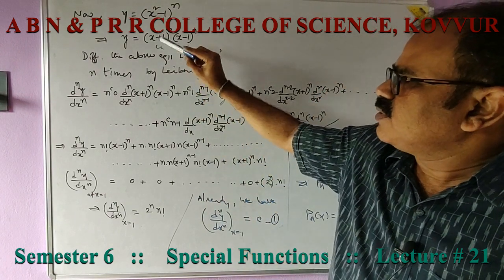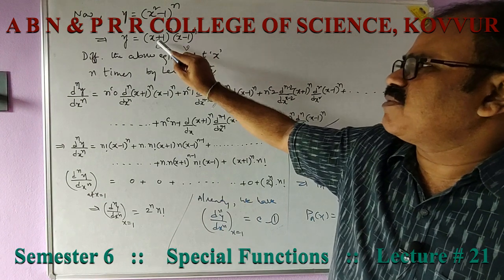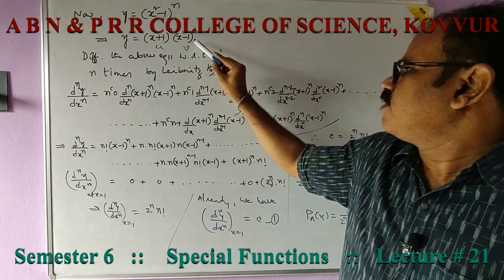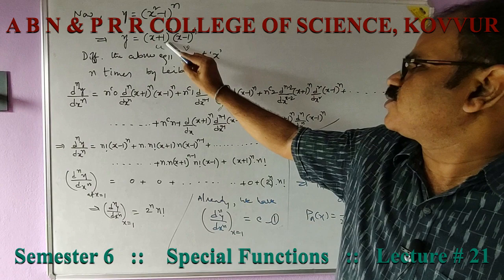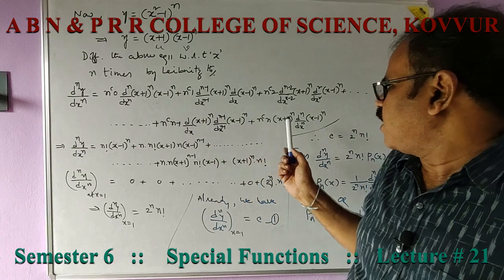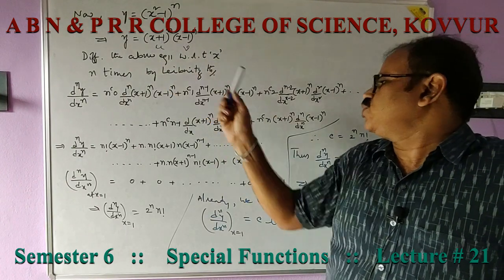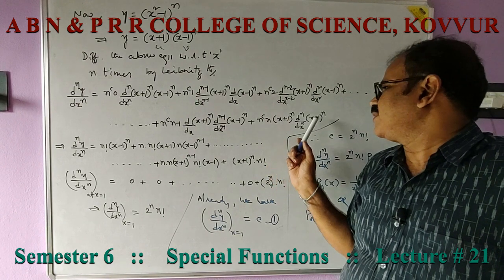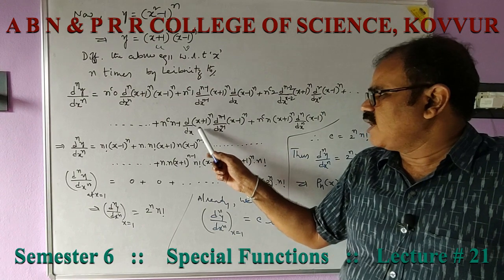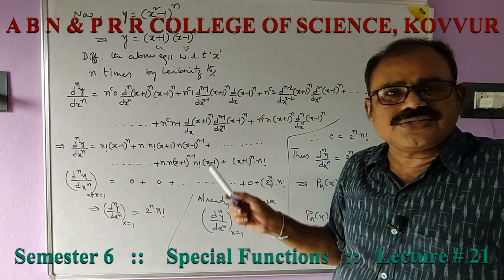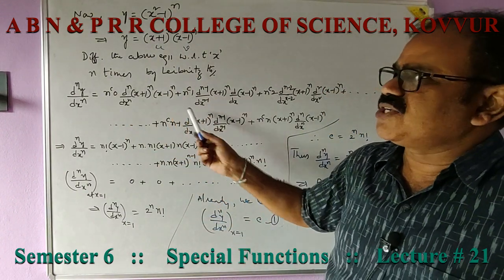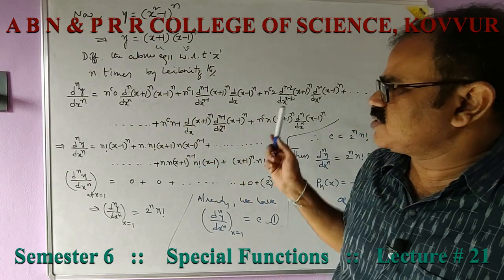In this u and v, we apply the maximum nth derivative for u, no derivative for v, reduce it, n minus 1th derivative for u, first derivative for v, n minus 2th derivative for u, and second order derivative for v, going on and on. Finally, no derivative for u and nth derivative for v. The previous term is n minus 1th derivative for v and first derivative for u. Once you understand the Leibniz theorem, this elaboration and differentiation is very clear. nC0, nC1, nC2, nC3. Let us simplify.